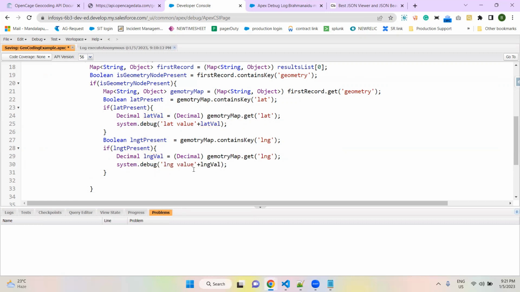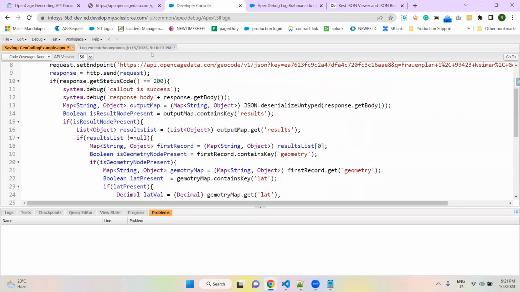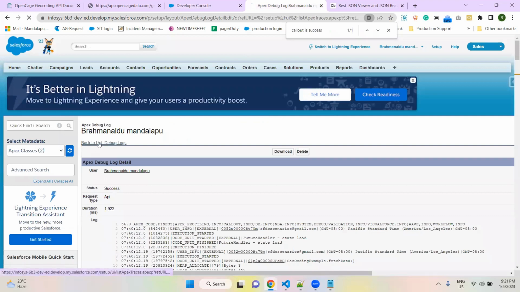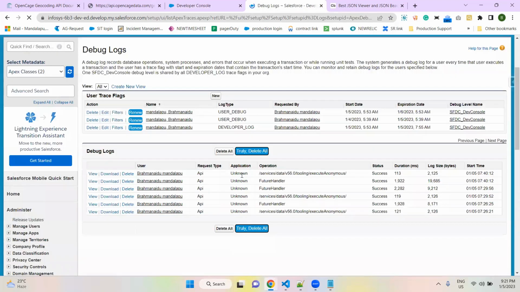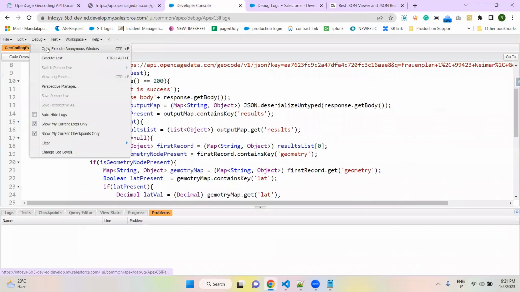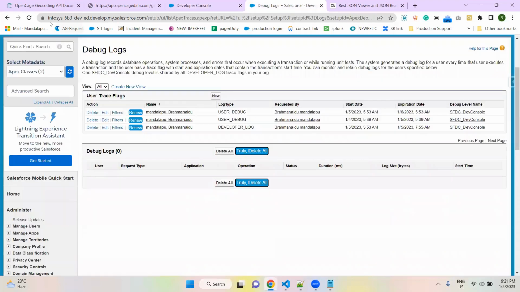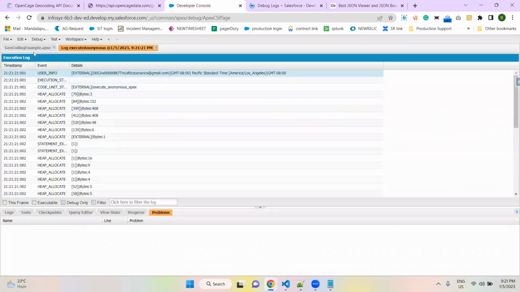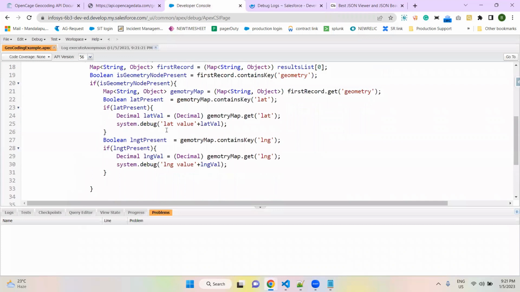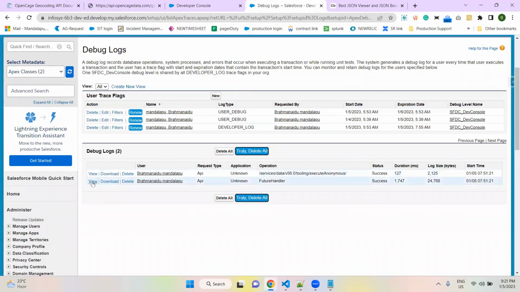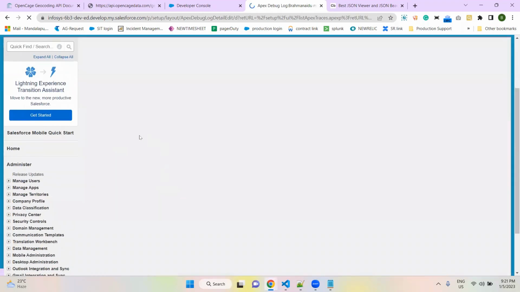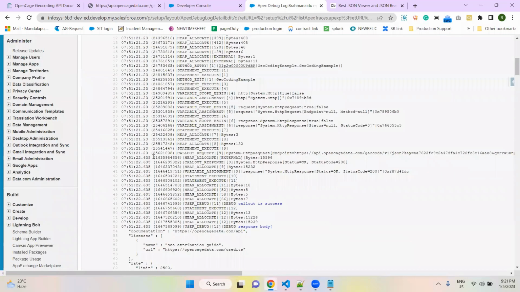Okay, let me execute the script and then we'll see whether we are able to access the data or not. Before that, let me just clear the logs. Okay, let me execute the script. Let me copy the print statement. Latitude value. See,